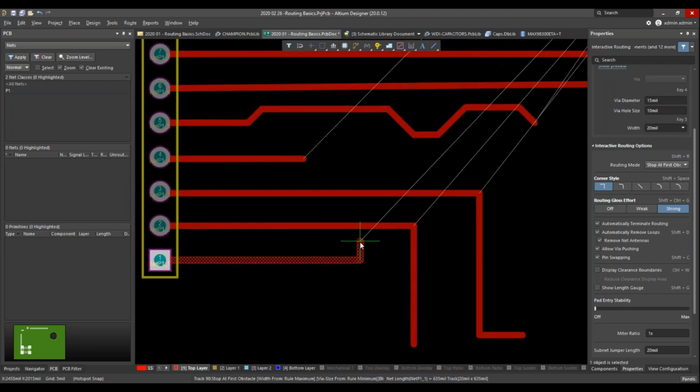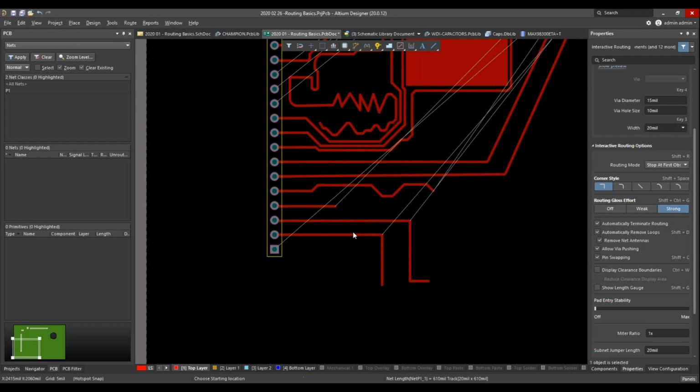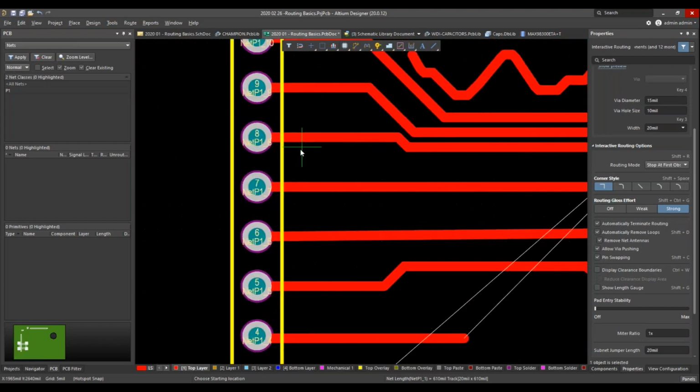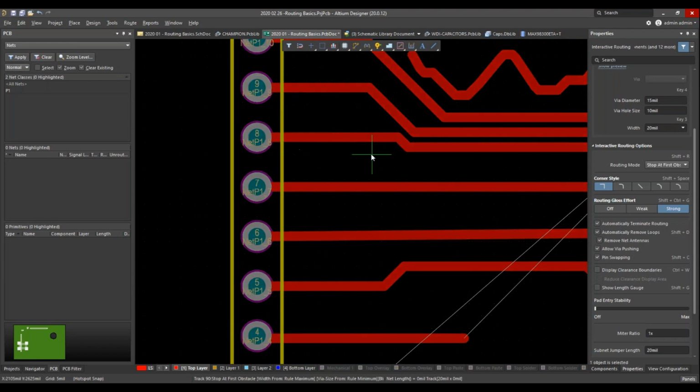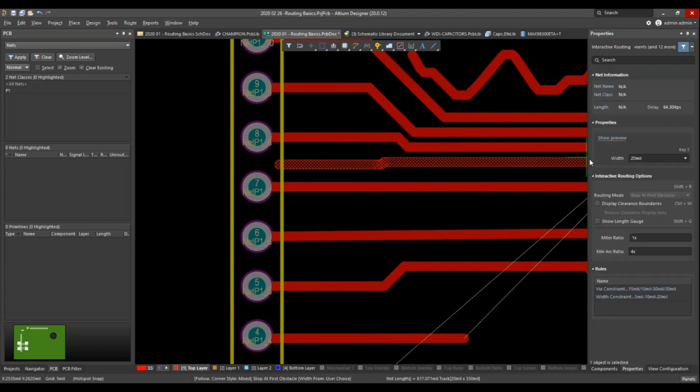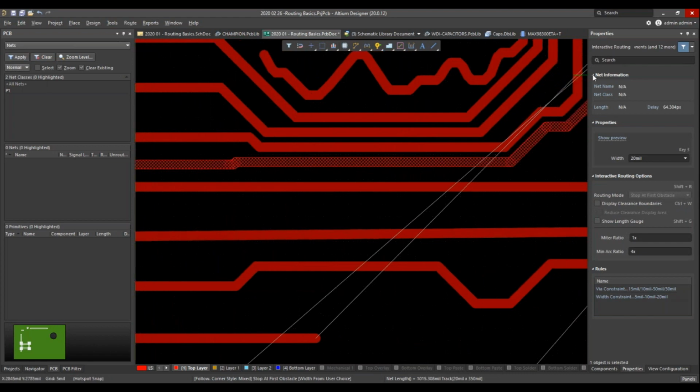But let me zoom out, make sure I've got a good place to do this. In fact, what I'm going to do here is start the route here, even though it's not associated with a route. Let's try that again. Okay, so we'll start this here. I'm going to hit the tilde key, and then start the follow mode. So let's go over here to Control F. And then what it'll do is it'll just literally follow